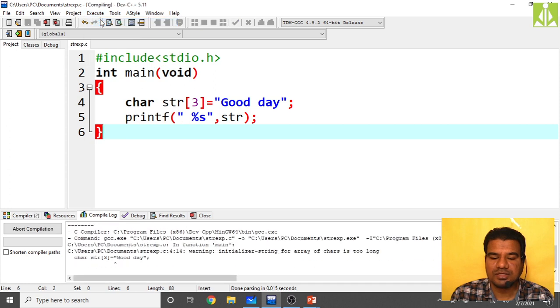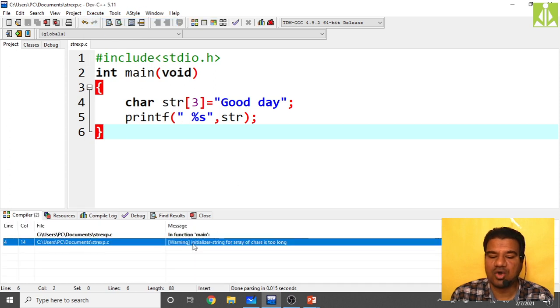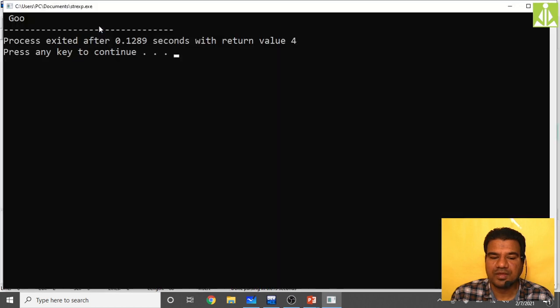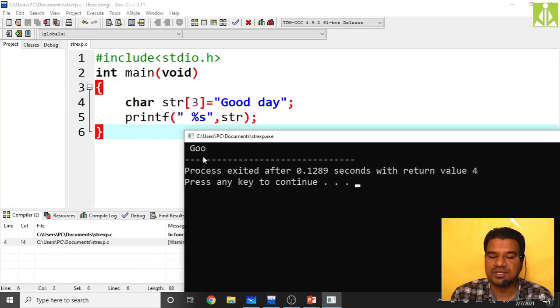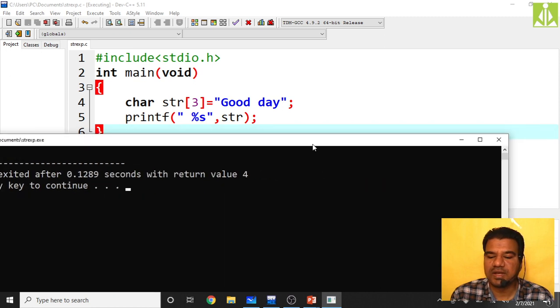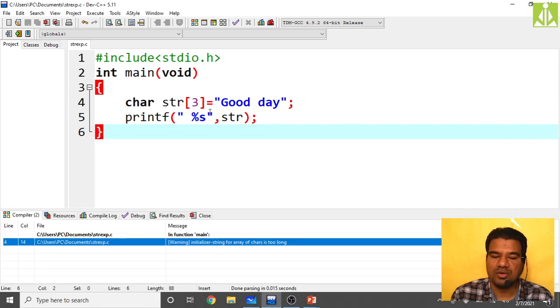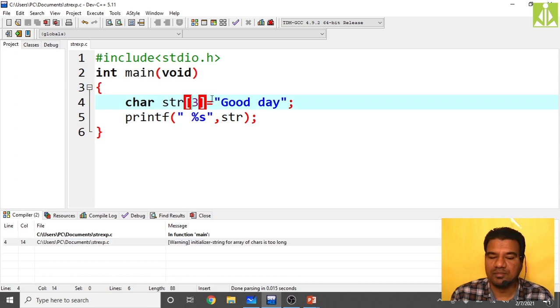Just compile it. Yeah, see here, it is giving a warning. Okay, we'll see by executing. Run. Only 3 characters it is printing: GOO. So likewise. Okay, hopefully you understood the importance of variable and fixed length strings.